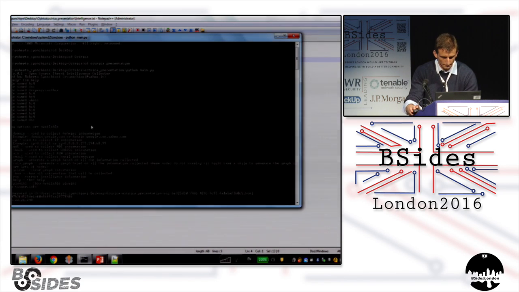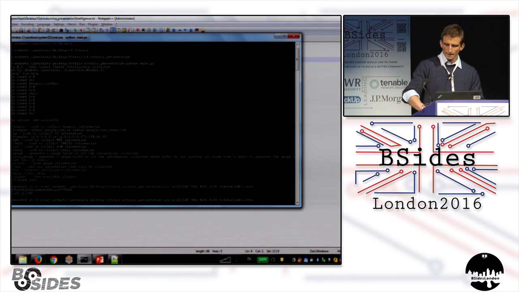If we run the tool again, I'm not running it, but it starts collecting the information, and it's going to take a little bit of time depending on how long it takes the server to reply back. And then if we do graph again, the previous graph is overwritten,